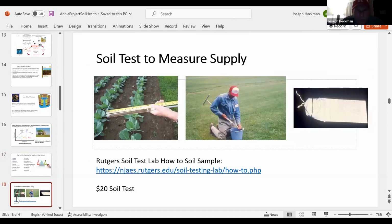So one way to monitor this is to do a soil test, and there's different kinds of soil tests. There's a standard soil fertility test where you sample the upper 6 inches of the soil, and you should go to the Rutgers website to learn about how to take a soil sample, how to go about it properly. You don't simply take soil from one specific spot, but you want to do a